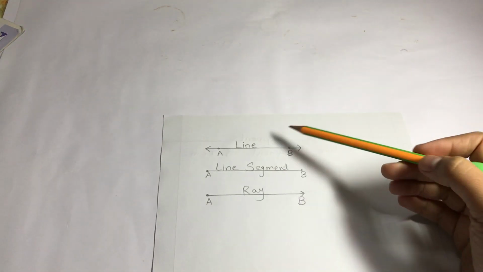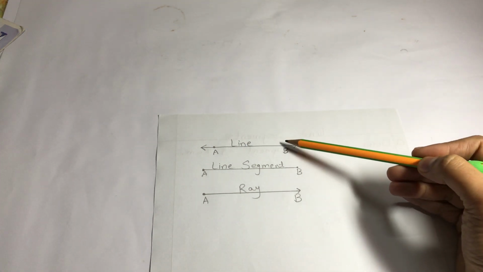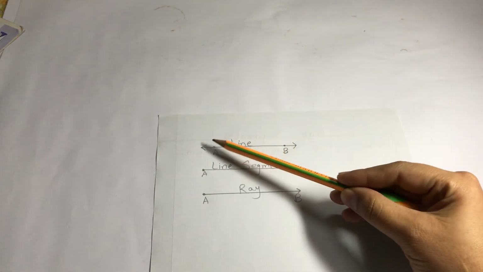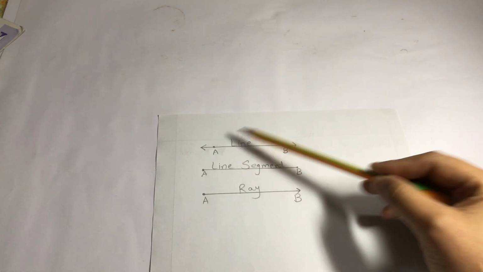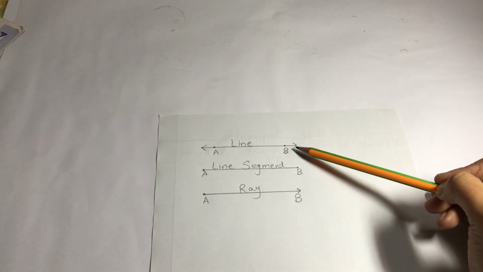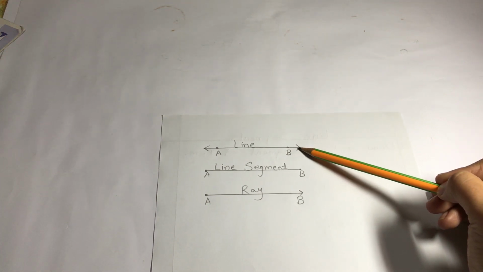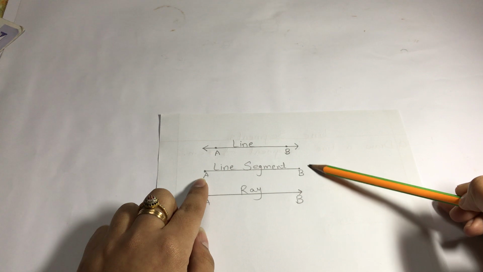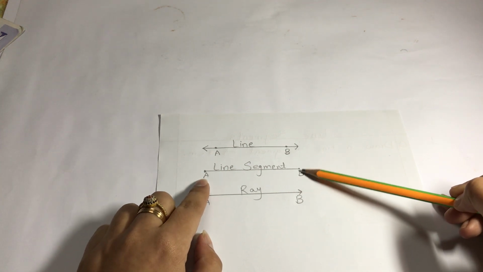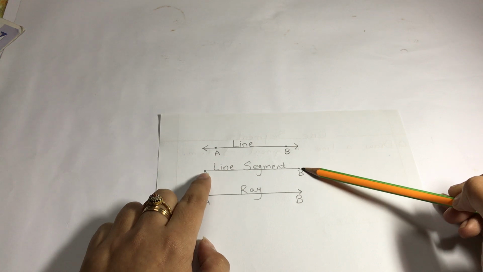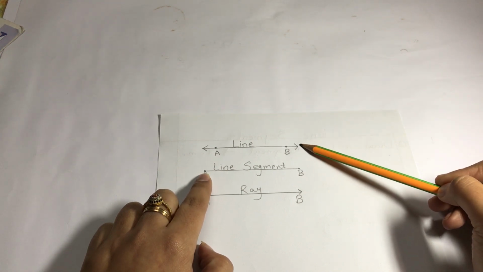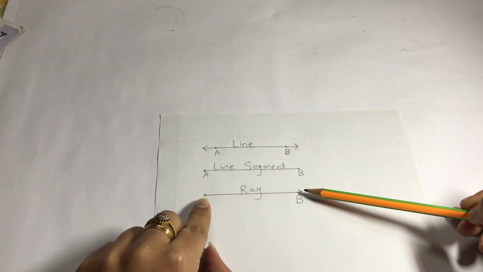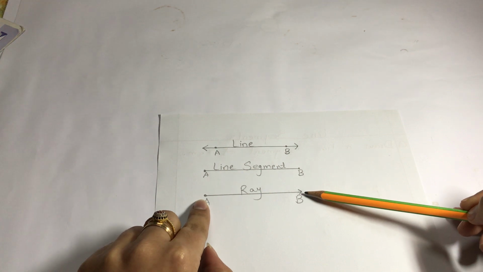You can see you have three things here. A line has no endpoints, and you can see how you can identify a line. In a line you have arrowheads on both sides, and that means these two sides can be extended infinitely in both directions. Then a line segment has two fixed endpoints A and B, and you cannot extend this line segment because its endpoints are fixed. And in a line we have a set of points, and in a line segment we join only 2 points together.